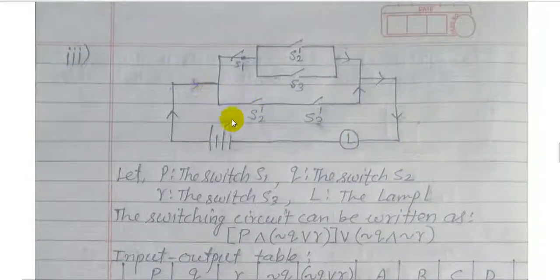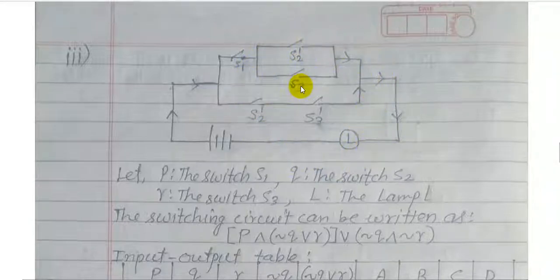Third one, this is the battery connections. Again it is in parallel. If the branches are two, this is the main wire, and then it is one branch, it is another branch, which means they are in parallel. Now this is the main branch of S1. Again it is distributed in two wires, two branches, so they are in parallel again. Now they are closed and they are in series. S2 dash and S3 dash are in series. So this is the given diagram. This is given in your question.